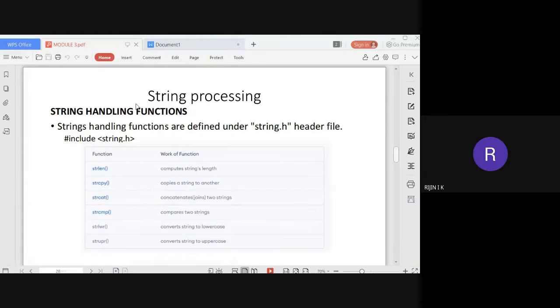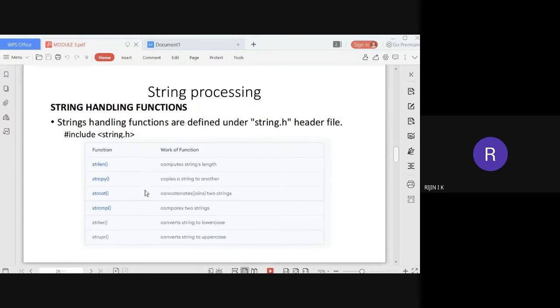Last class we discussed different string handling functions, isn't it? That is strlen, strcpy, strcat, strcmp. These are all string handling functions that are defined in a file called string.h in our compiler. Next we can discuss another string handling function, that is